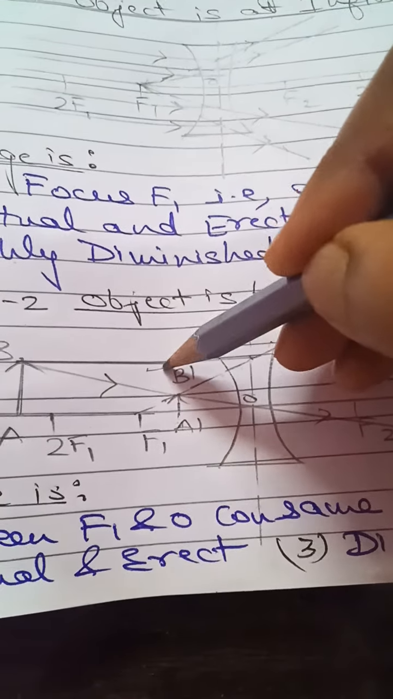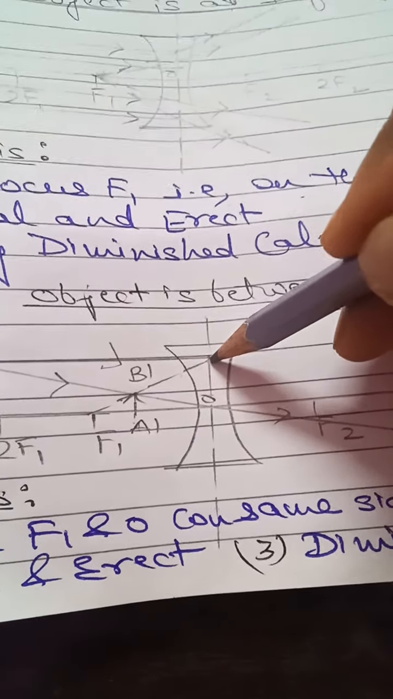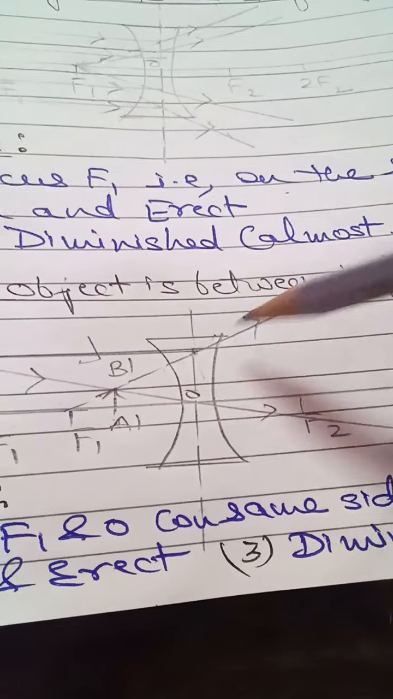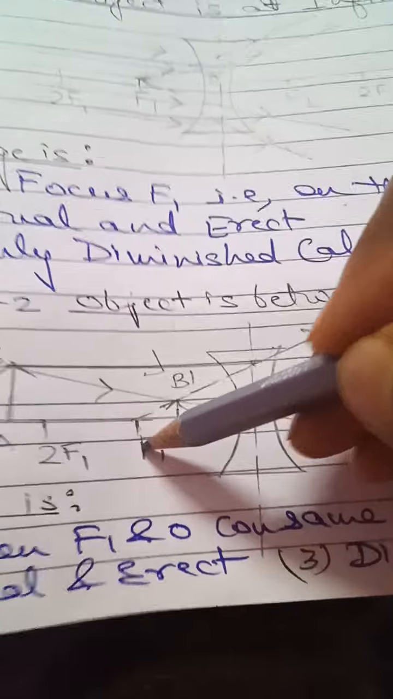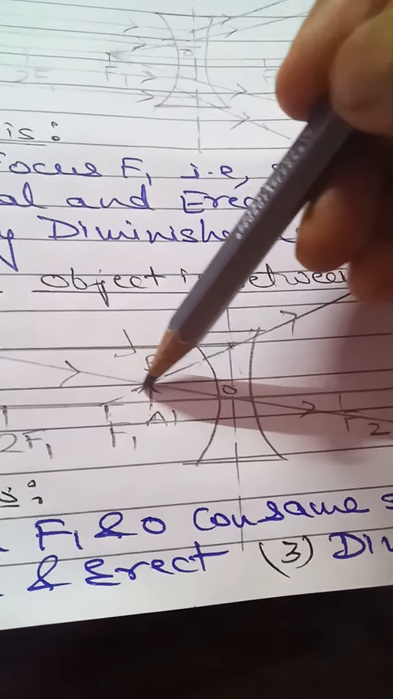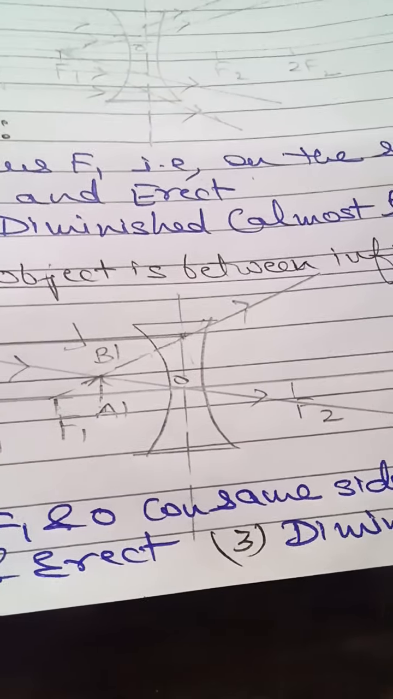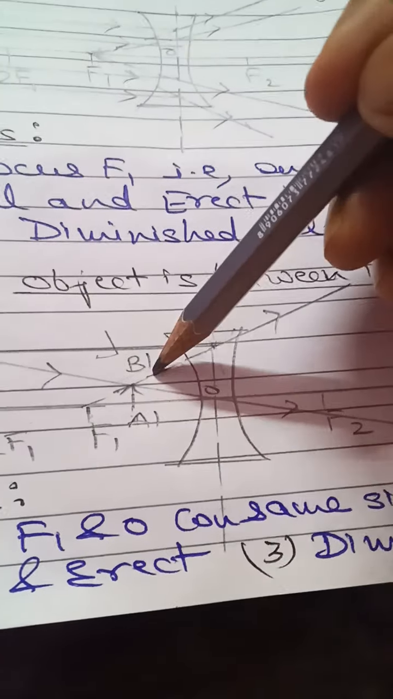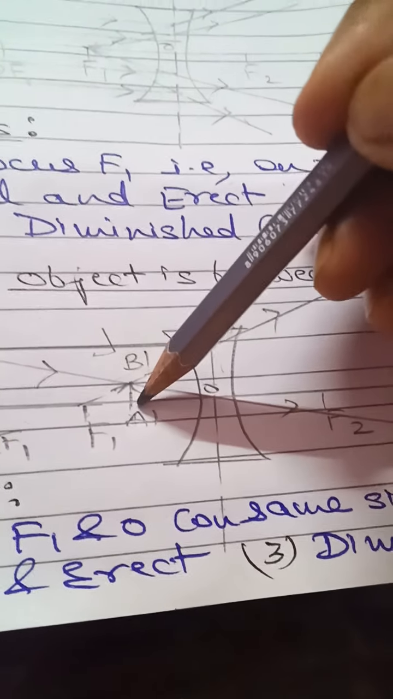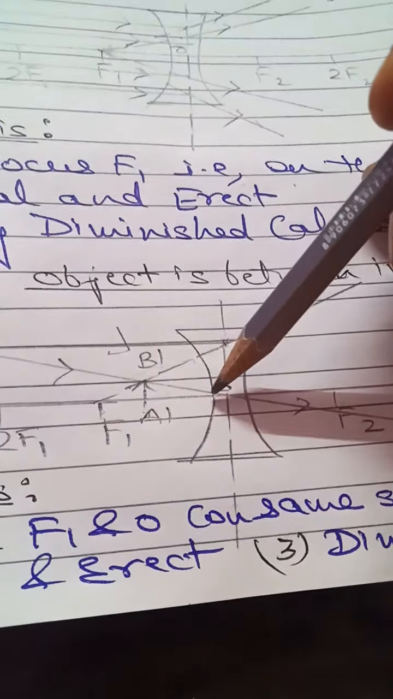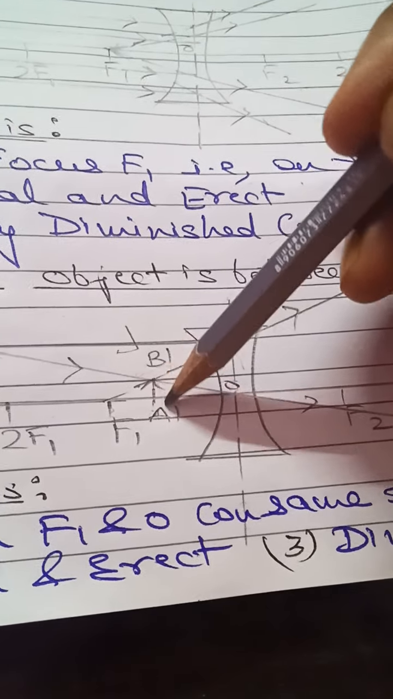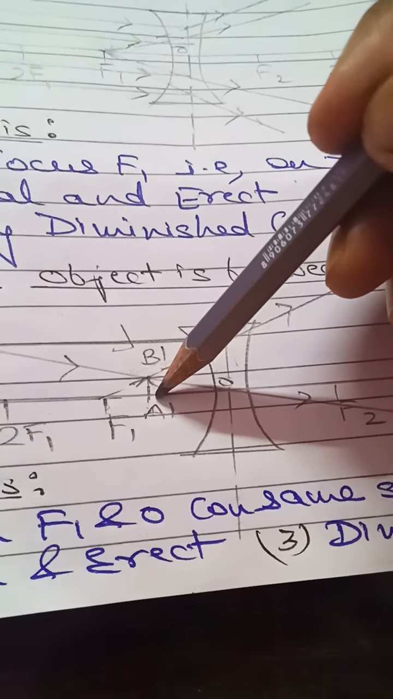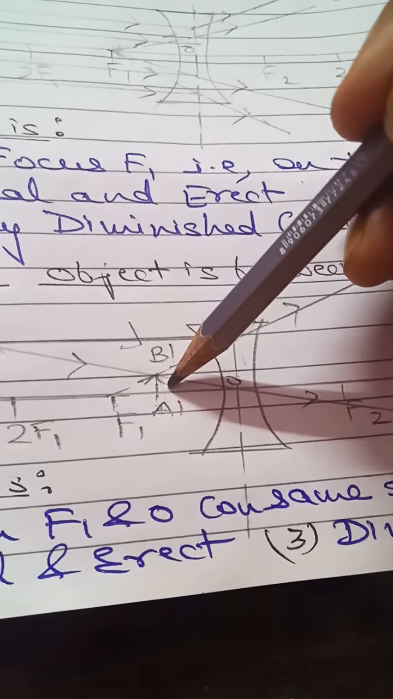So this ray, after getting refracted from the lens, will get diverged, and if we produce it backwards, it will appear to come from focus. The second ray of light is passing through the optical center, and it will go undeviated. So both these lines appear to meet between f1 and O on the same side of the lens, and you can see the image A dash B dash is a virtual and erect image, and it is diminished in